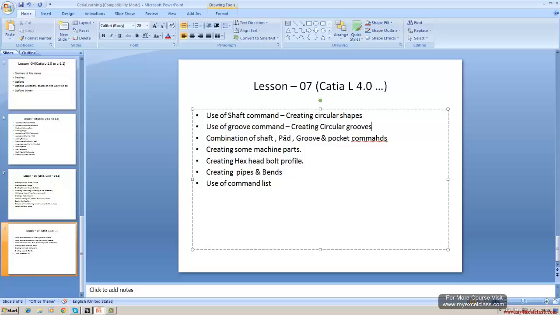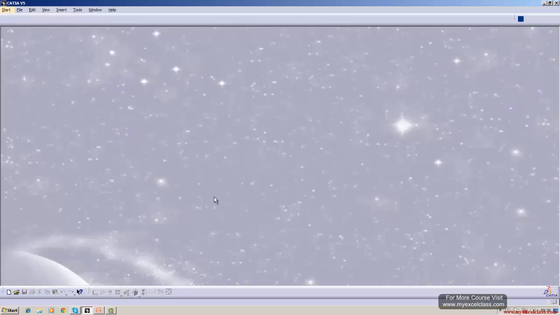circular shapes, creating circular grooves, and combination of pad and groove, pocket commands. Also, creating some machine parts, we will create a hex head bolt profile, for which we have to use the shaft and groove commands, and creating pipes and bends and use of a command list. Some more things also we will learn in addition to these in this class. So I will open CATIA without any